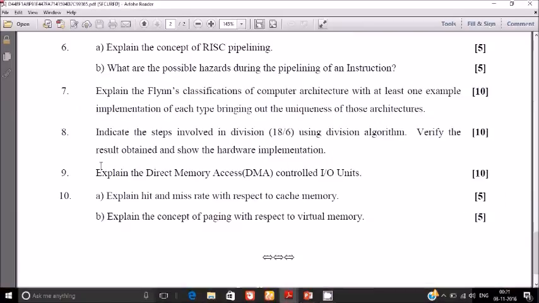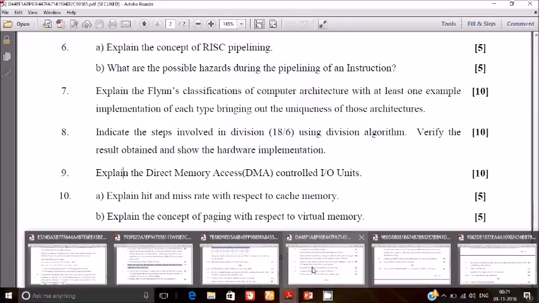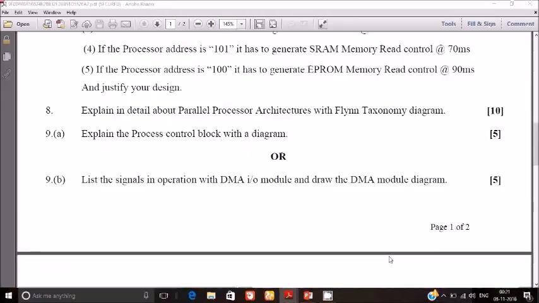Now going to the next paper: explain DMA controlled input output units. Everything they ask is DMA, so write DMA completely. DMA is very important, as I already told you guys. So we have finished the 4th paper. Now let's move to the 5th paper. Here it is about the signals and operation of the DMA input output module, and draw the DMA module diagram.